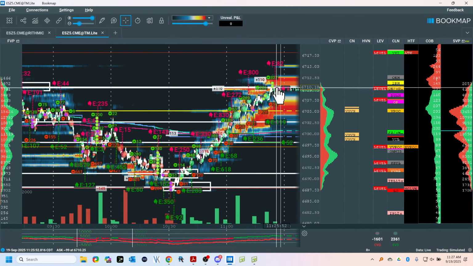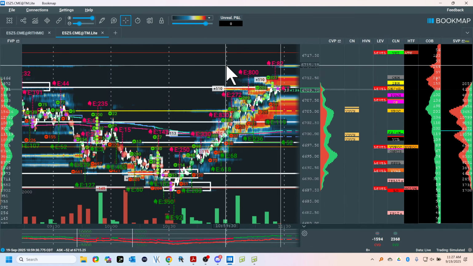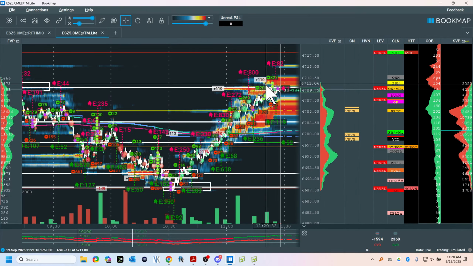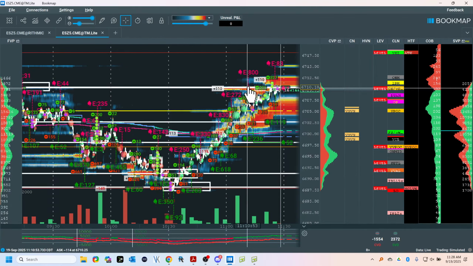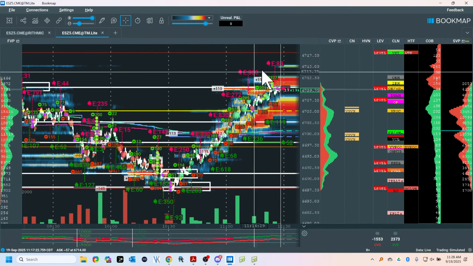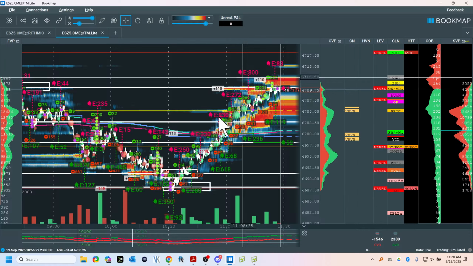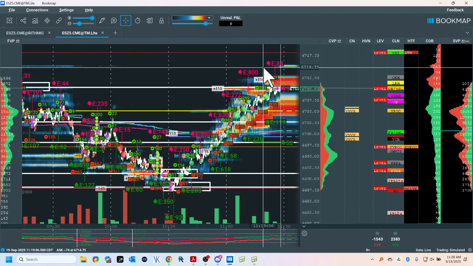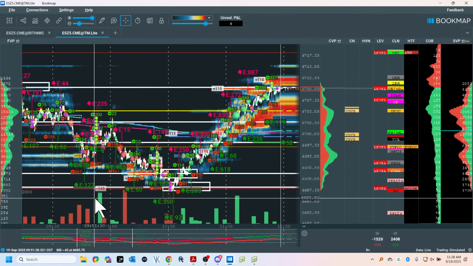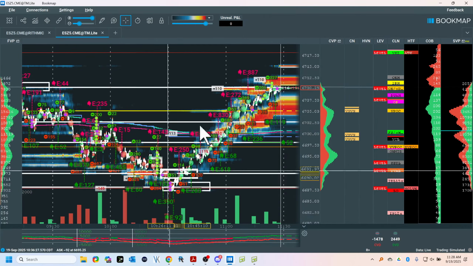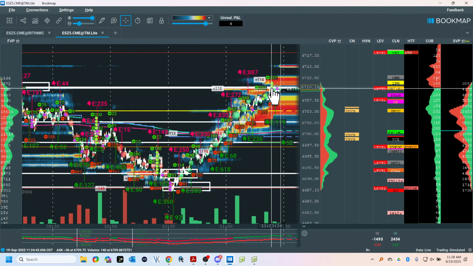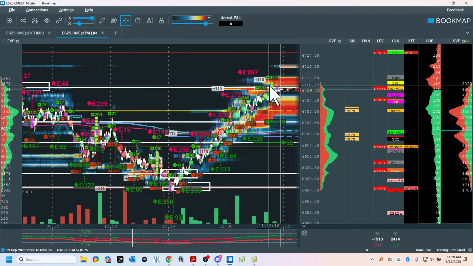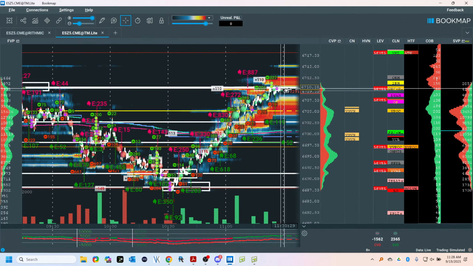So 10 is a big deal, right? Let's see what happens. What might happen here, and notice this. See how the sellers are back in here? Look at the icebergs. Look at the icebergs selling. Icebergs are down here buying. Icebergs are up here. They were here before. They stopped the market at 10. But let's go to the other way.